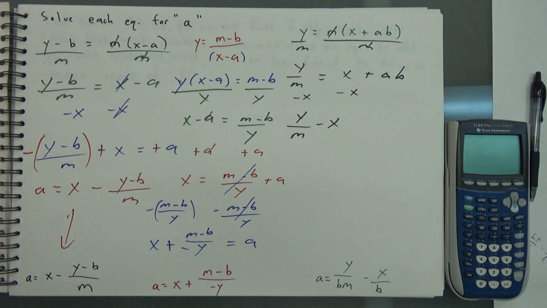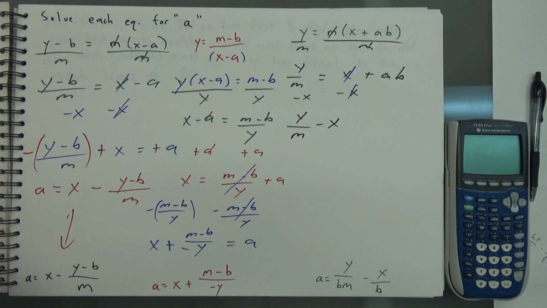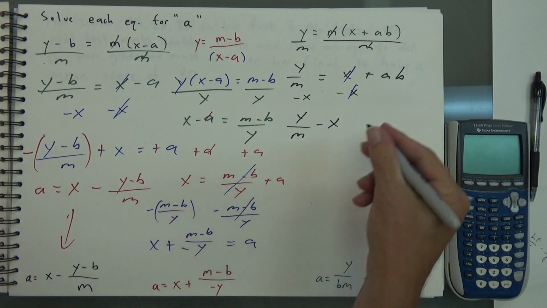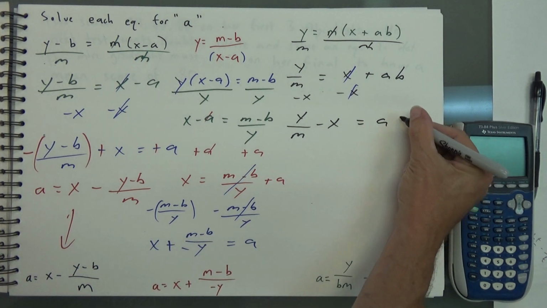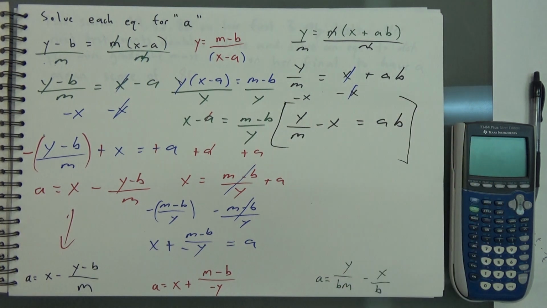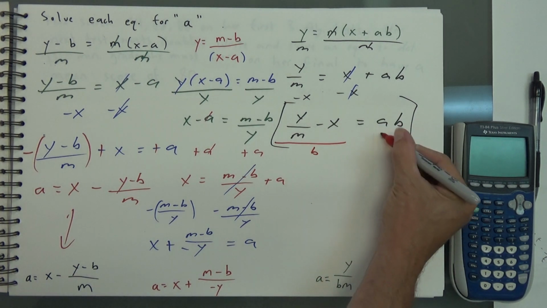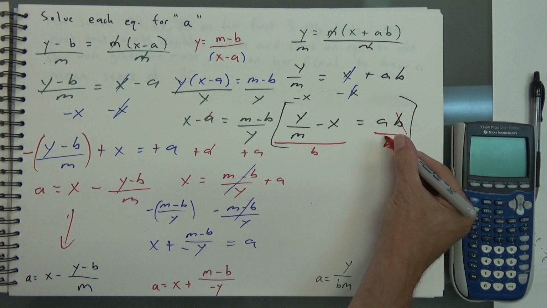These cancel. And now I'm going to divide both sides by b. So they're going to cancel here,